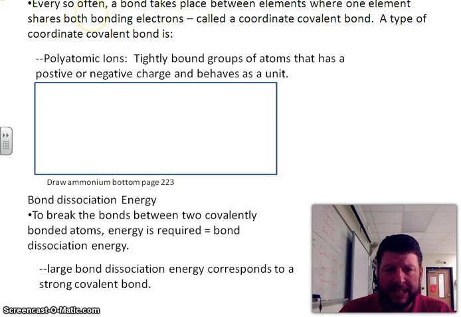If the bond is extremely strong, it will take a lot of energy to break that bond. So therefore, there will be large bond dissociation energy. The stronger the bond, the larger the bond dissociation energy, or the energy that is required to break